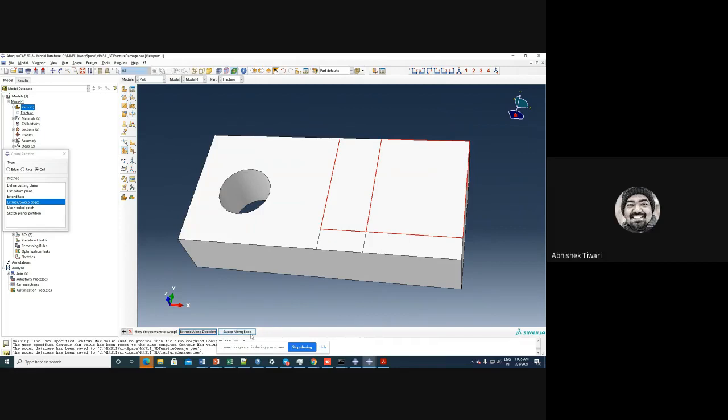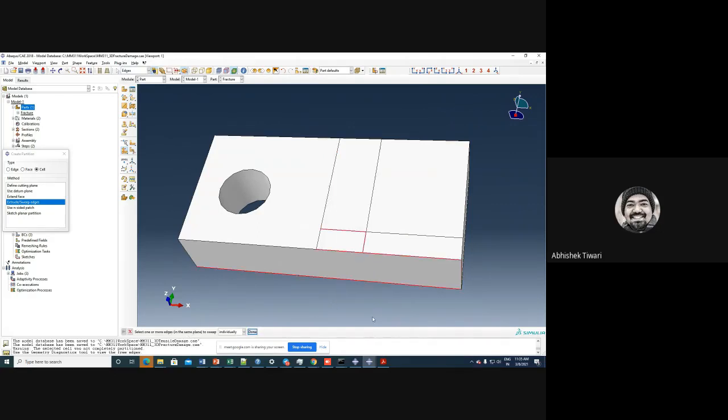And I don't think it should be closed also, but let us see, sweep along edge. And I want along the thickness direction, so I'll take that edge. Yeah, okay, so this is not happening because of connections. I'll just take these three first and sweep along edge.